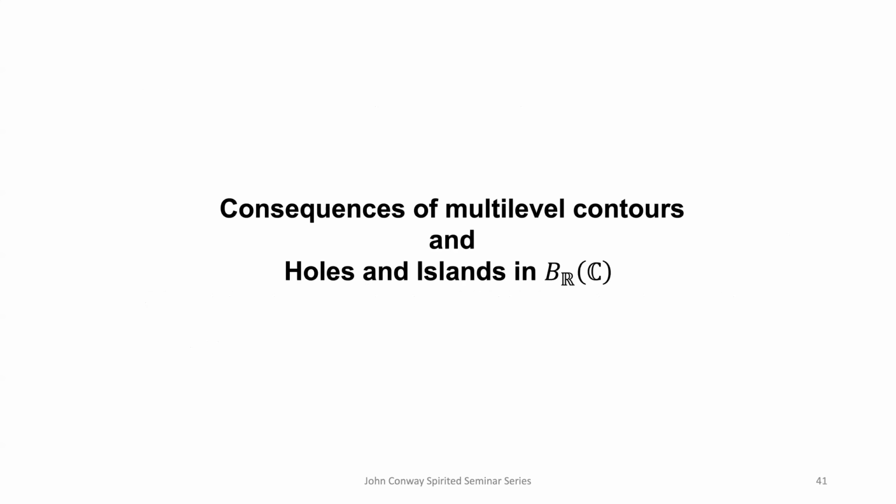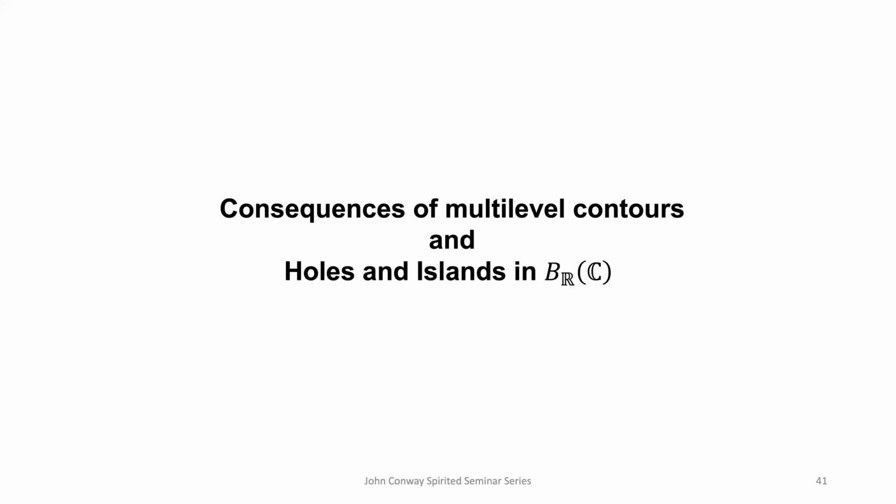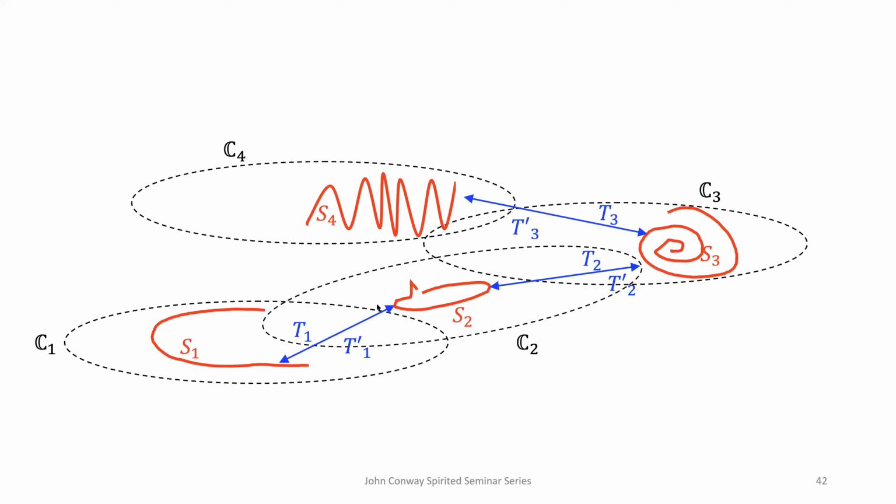What are the consequences? So we learned so much on the multi-level contours. Let us see the consequences. Why do we need to understand them? What are the consequences of what we learned? Because of the multi-level property for the contour, the multi-level contours, the properties were introduced here.